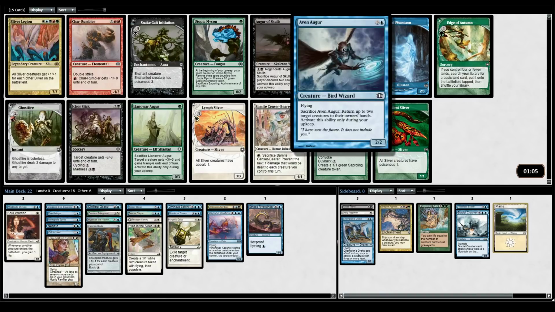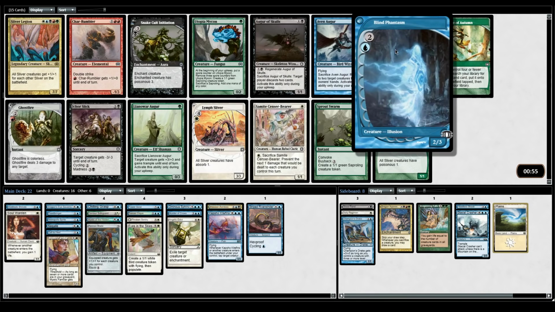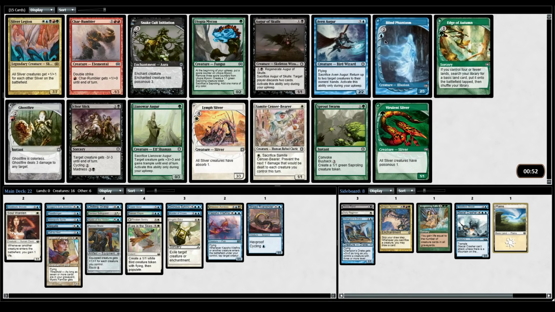No. What is this? 4 mana, 2/2. Sacrifice it. Bounce creatures. That seems good. It seems really good. Don't need a 2/3. The art is cool and all, but